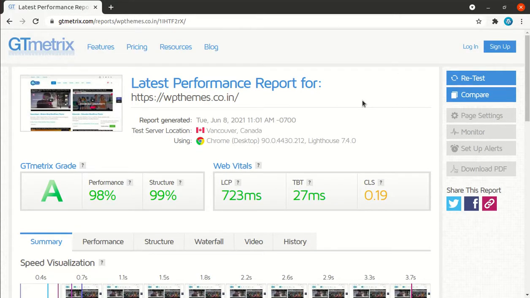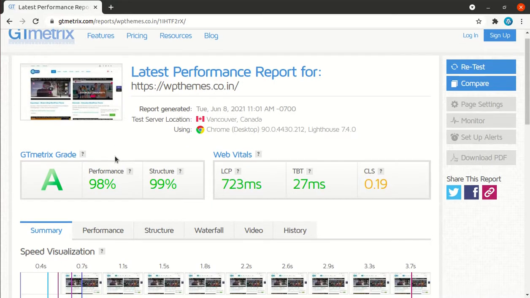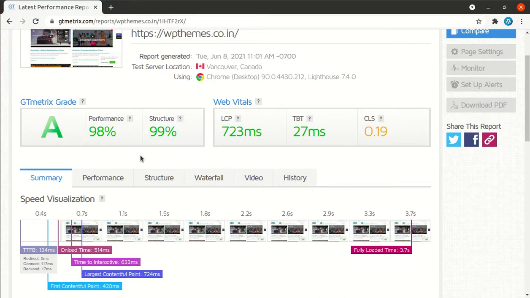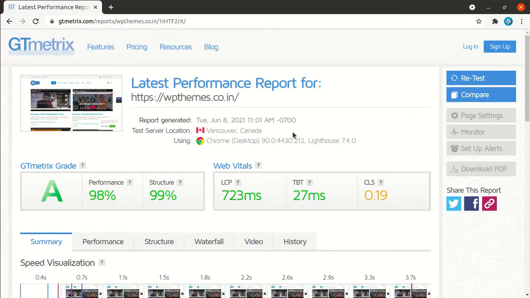First of all, I wish to break a myth that only those websites having a very wonderful hosting plan can gain an A grade at GTmetrix. It is not so. If you have a very simple shared hosting plan, you can of course gain an A grade score at GTmetrix. So it is very clear, the server alone is not responsible for not having a good grade score at speed testing websites.